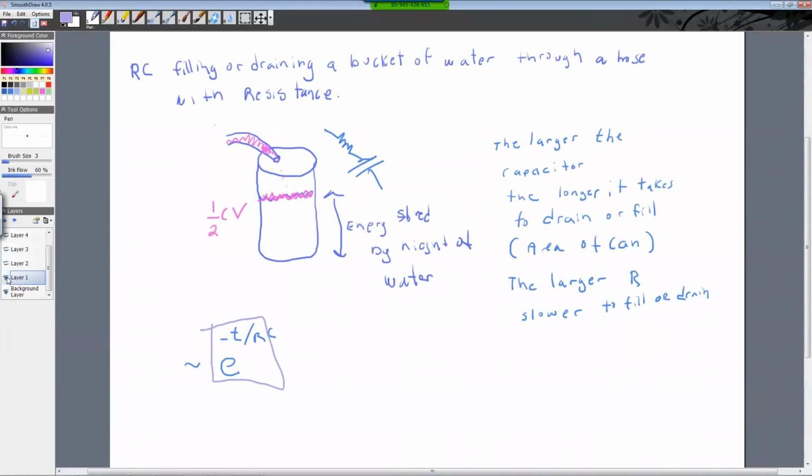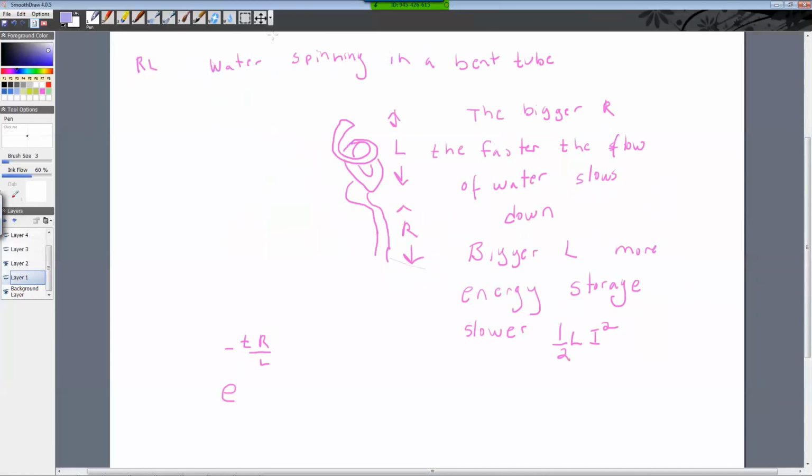All right. Now, if we do the inductor, inductors are a little bit harder, and you can even see that I was trying to research better analogies. This is my horrid picture of an inductor. So I have water flowing in this inductor, right? Or in this bent tube, right? And the energy is stored basically because you can just think of it as that